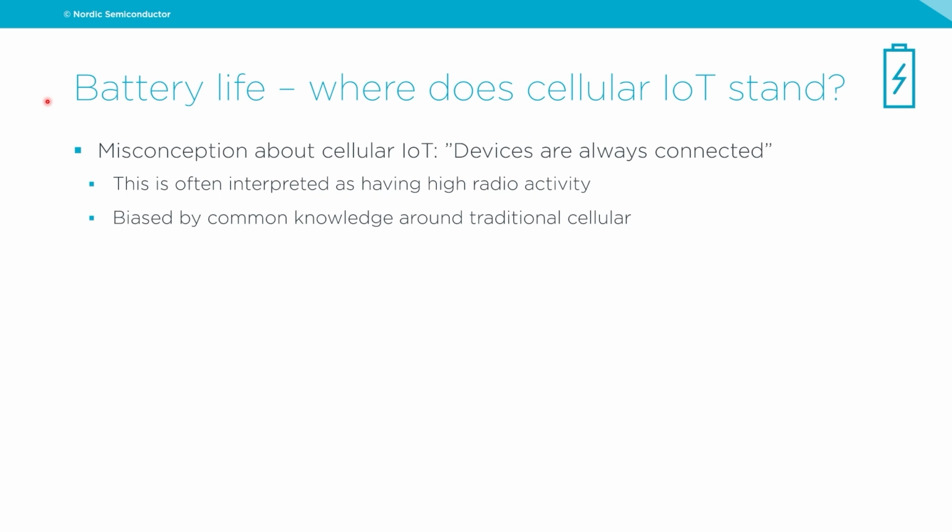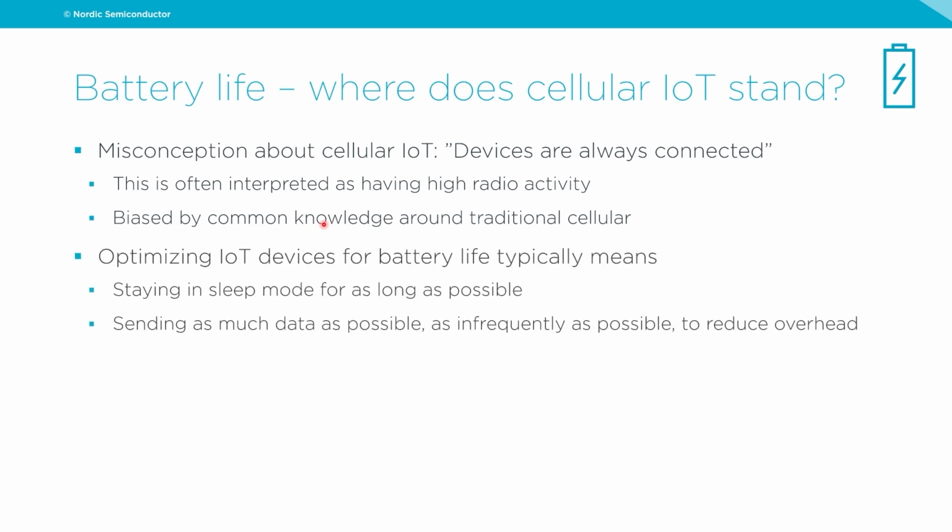And this might not mean what you think it does, because it can often be interpreted as that you have the radio being active all the time, and that's not exactly the case, because LTE-M and NB-IoT introduce mechanisms that, yes, do keep devices connected to the network, but they can actually be in a sleep mode for extended periods of time and reduce this radio activity to what is actually needed by the application. I think this is also a bit biased by, let's say, our common knowledge of how we've been using traditional cellular in our phones, which we need to charge on a daily basis, and it sort of makes us jump into this conclusion of permanent connectivity.